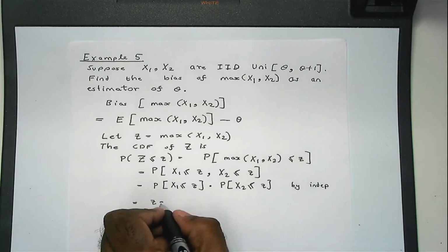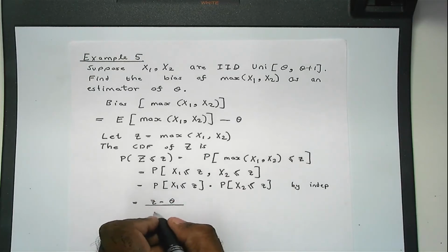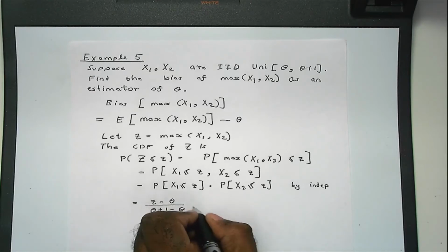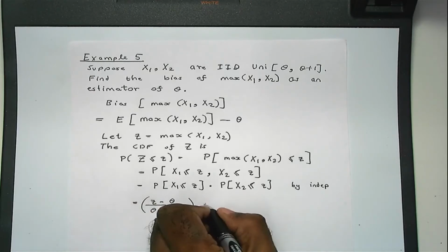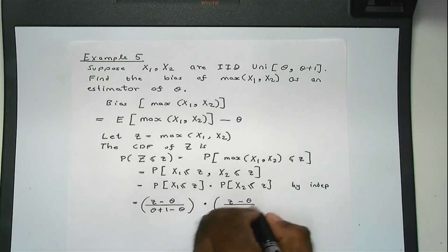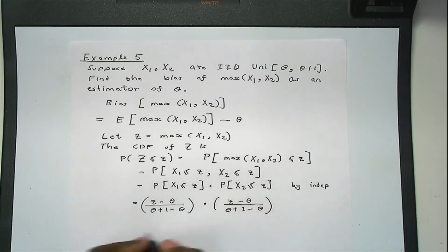So it's z minus your a, which is theta, over b minus a, which is theta plus 1 minus theta. Okay, so this is z minus theta